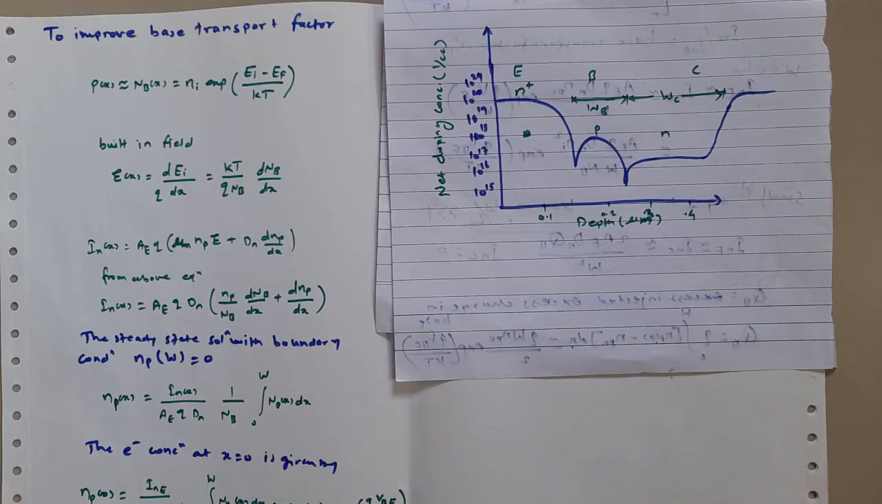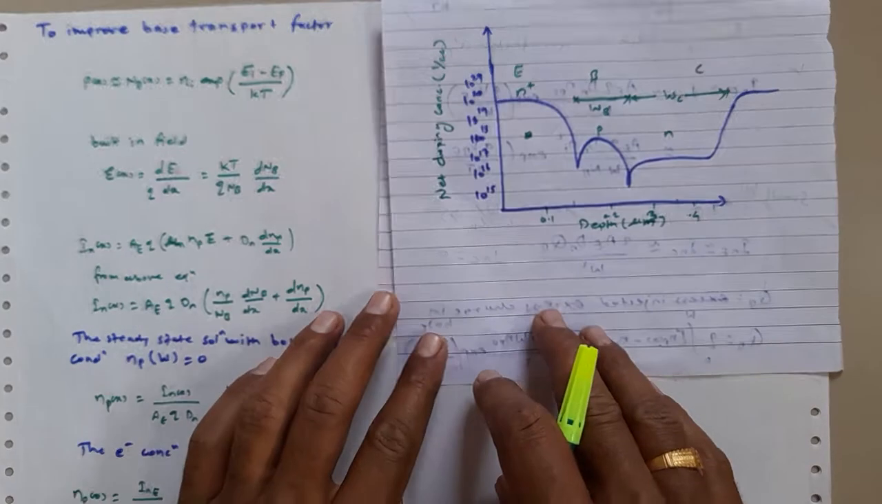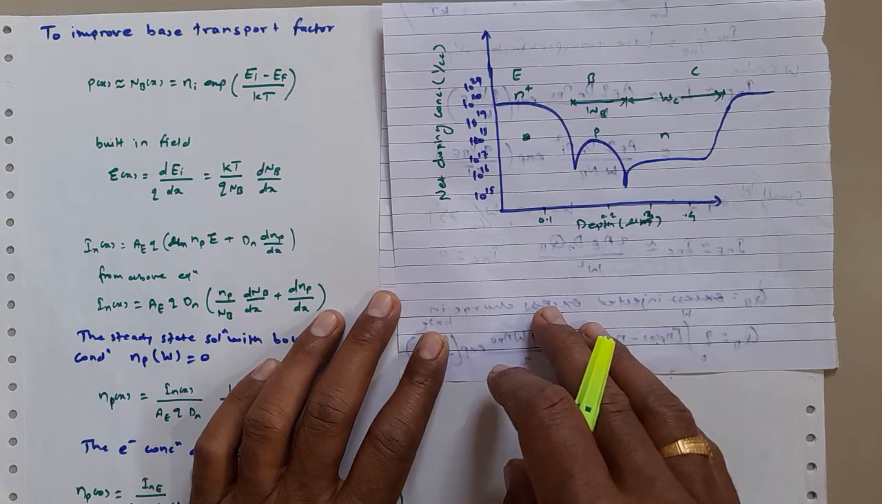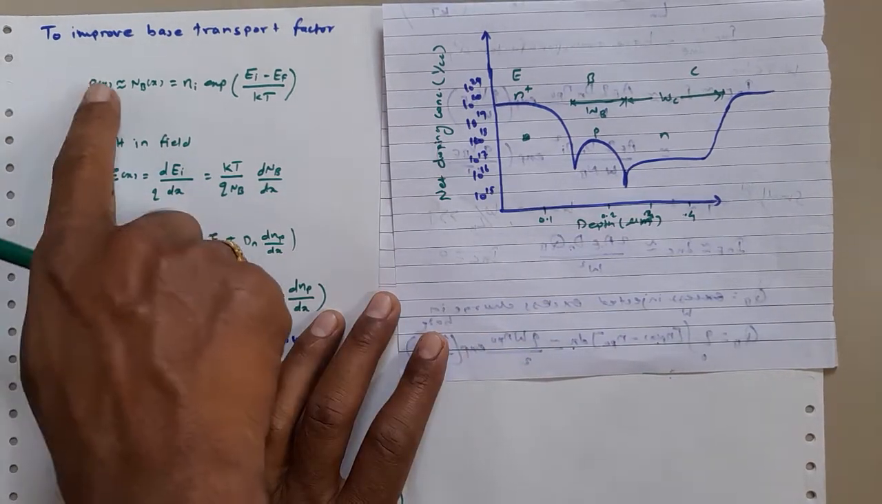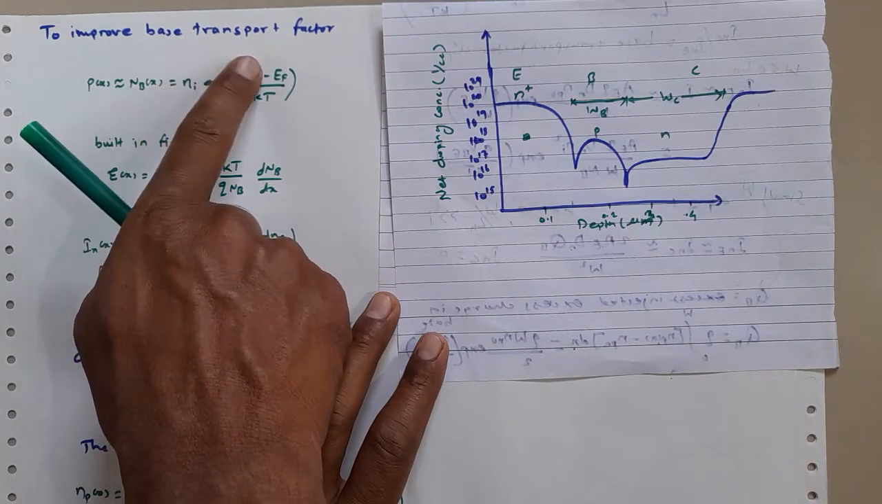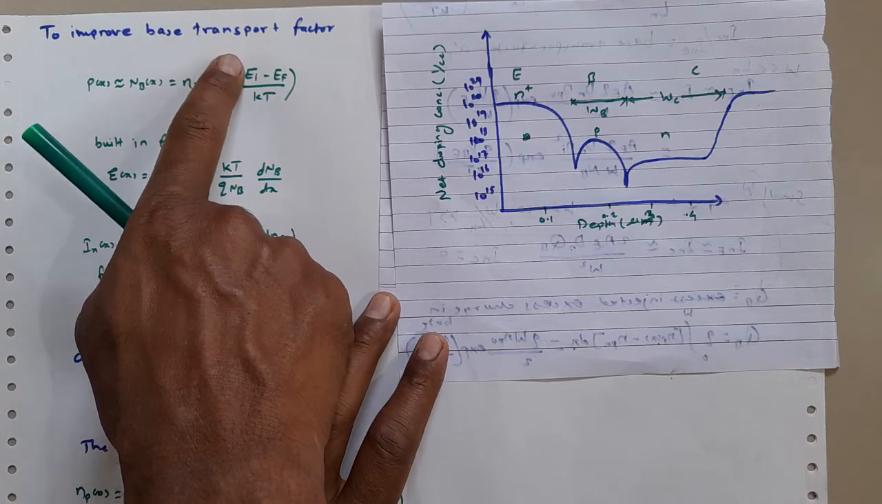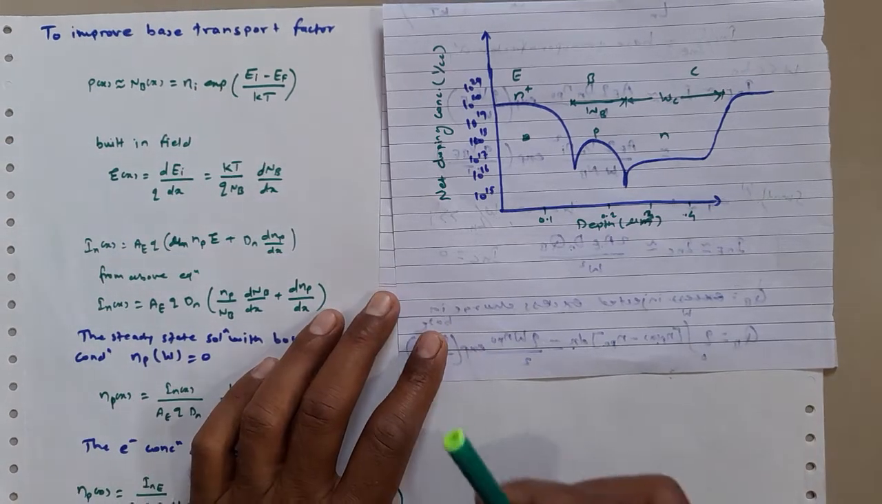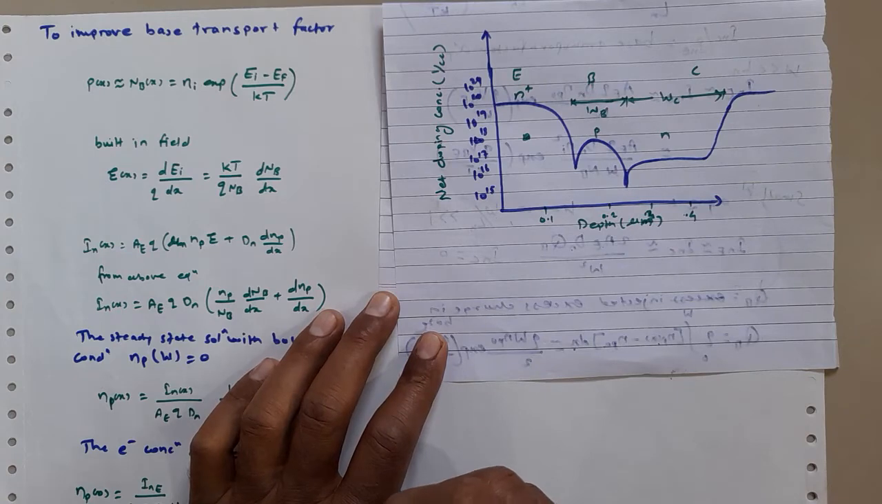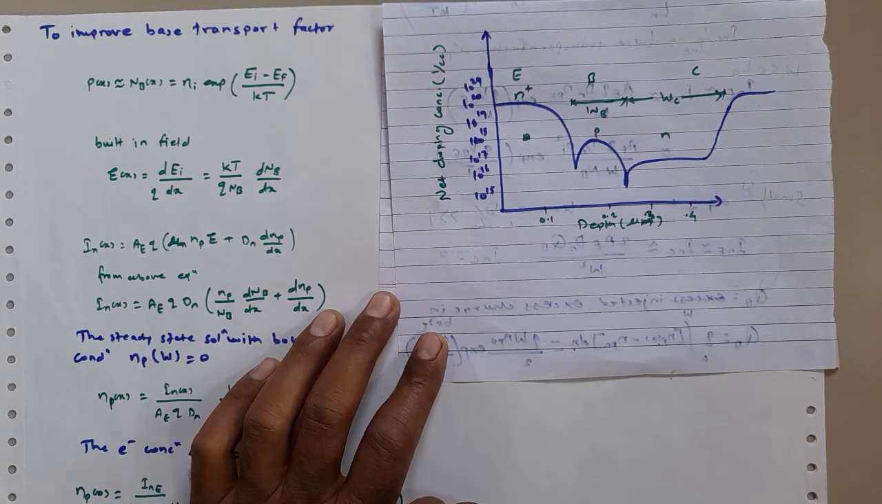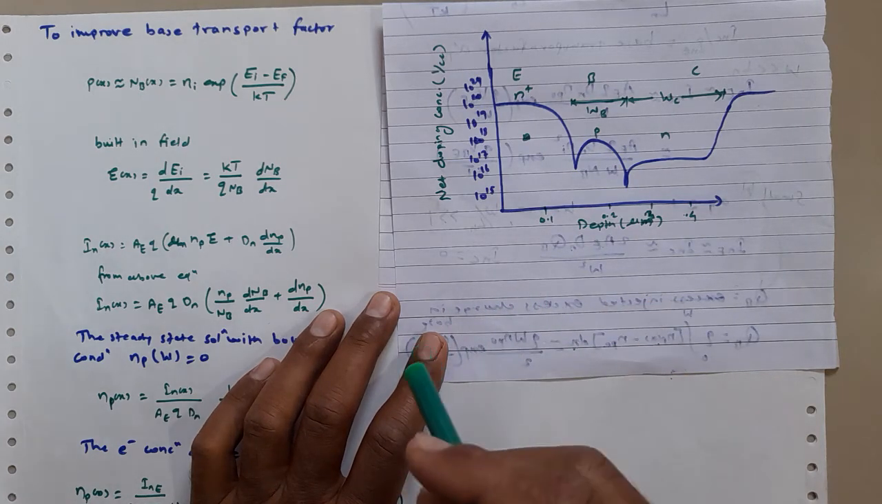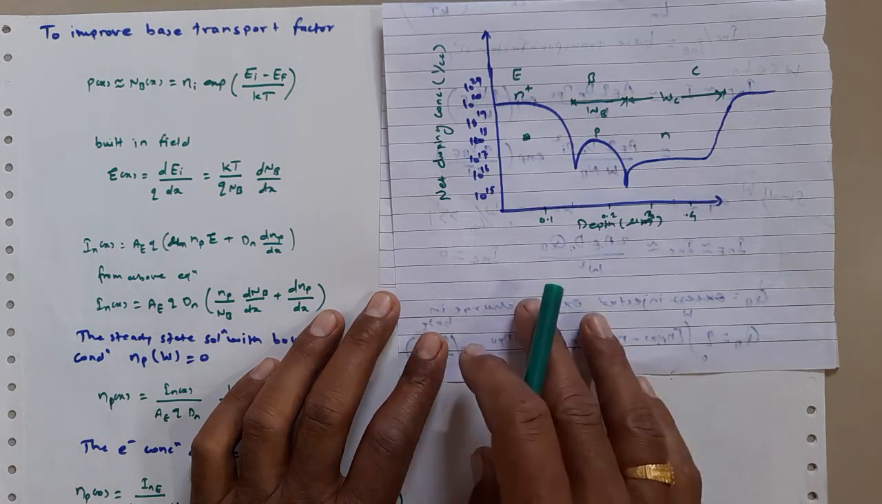Hello friends. So in continuation with the last lecture, now we are going to understand how to improve the base transport factor in the PN junction. To understand this, we should understand the uniform doping profile which we have